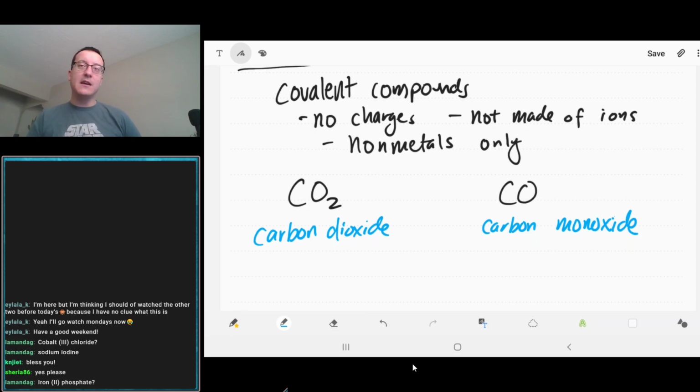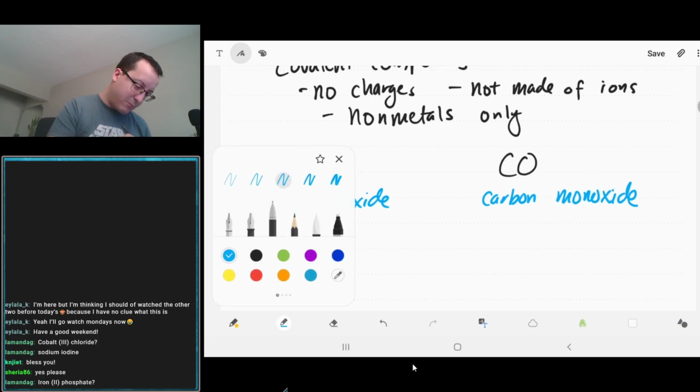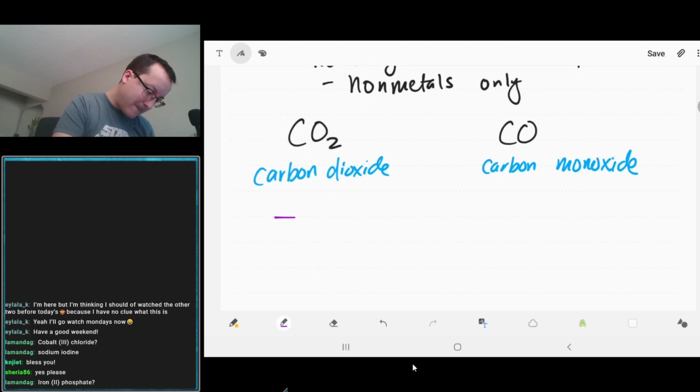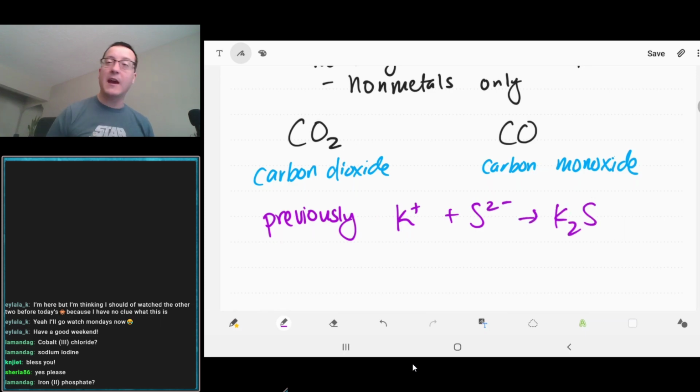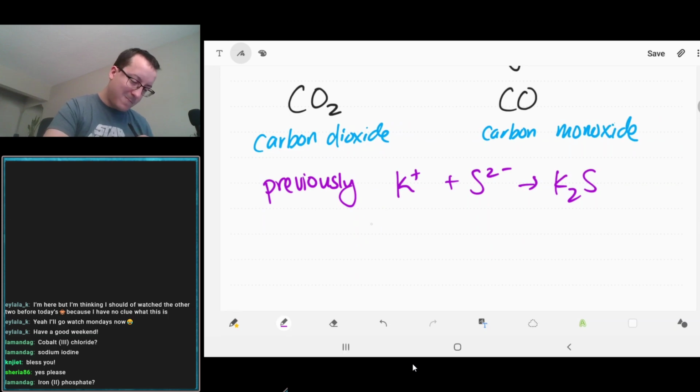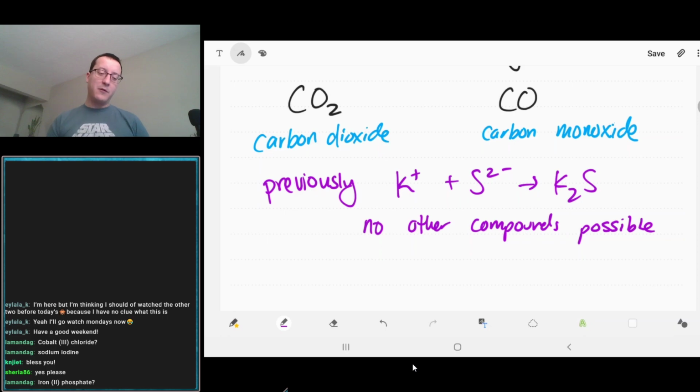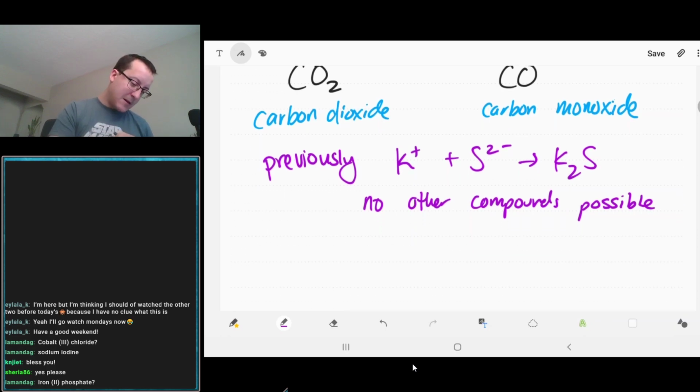So previously, I will do it in purple. If we think about potassium, this can only make K2S. However, we're going to see that